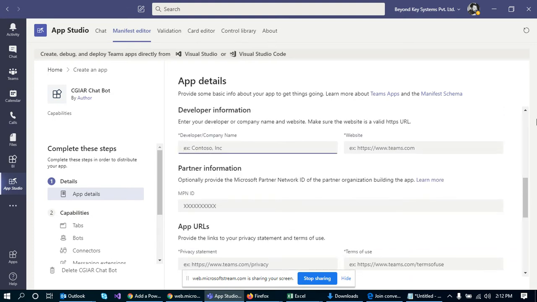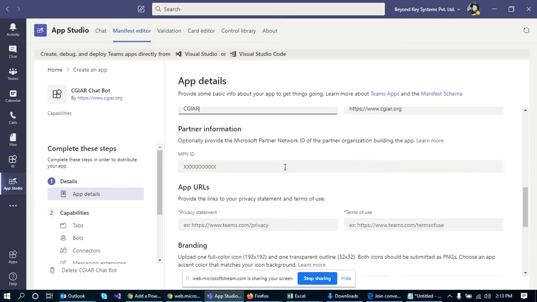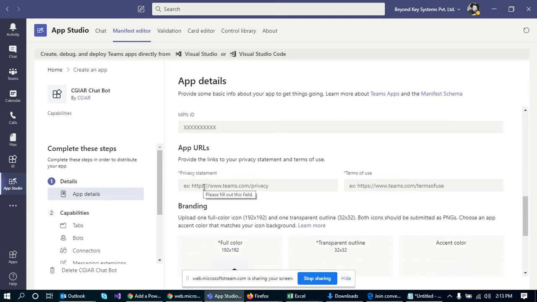Now here we'll also have to enter the URL, and we'll have to add the URL properly, using HTTPS and so on. Here, my bad, the website is here, and here is the company name. This is not mandatory, so here we can add anything.